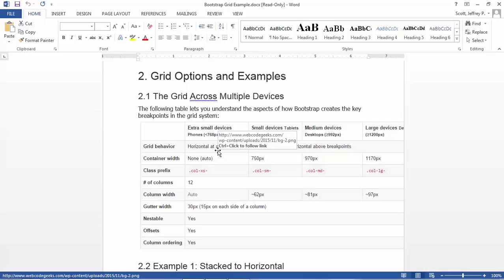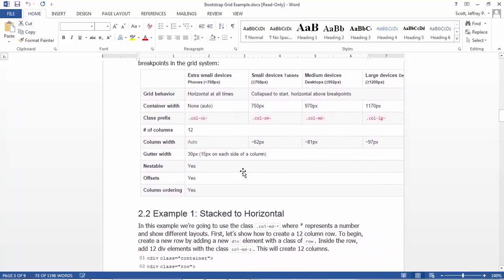If you are following along, I'm on page 3 of 9. It says the following table lets you understand the aspects of how Bootstrap creates breakpoints within the grid system. The bottom line is this. You'll notice that it's based on screen size. If it's less than